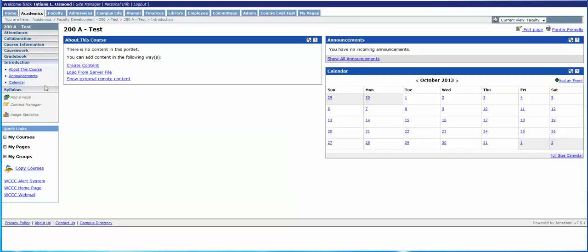These are your default pages that are already placed on the page when you first create a course. What I'm going to show you now is how you can change the names of certain ones of these pages. Some of them you cannot change, they're just going to continuously be the default name. To do that, we go down to our context manager, which is right here on the left side. You click it,